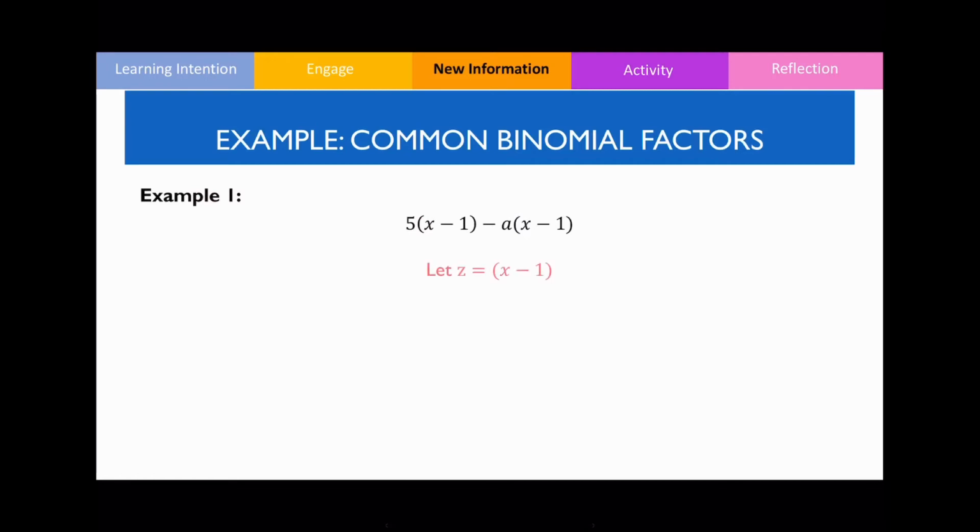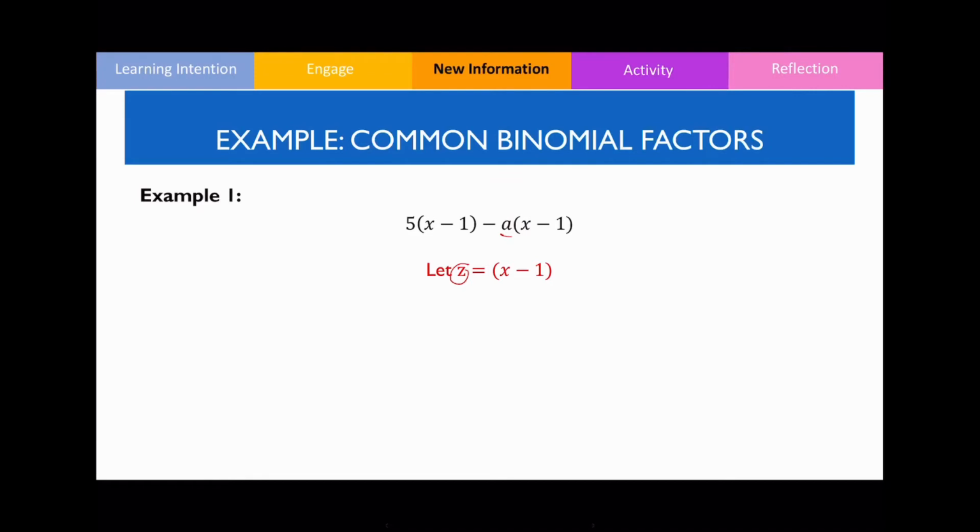So what I'm going to do is state that z is equal to x minus 1, meaning z is equal to my binomial factor. Now, I could have chosen any other letter, just as I've decided to choose z in this case. You could make it b, c, d, it doesn't matter at all. And once you've